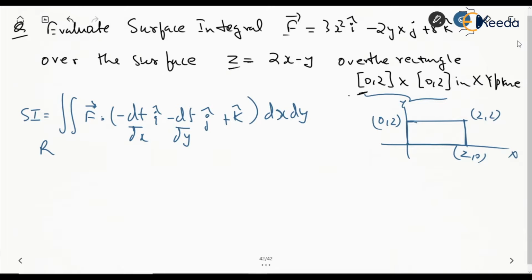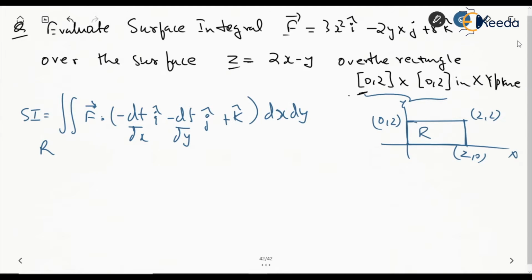So just imagine you are holding a paper at some height from the floor, or from your table, and if you are looking from the top side, you can see that it will have a projection on the plane or surface below. So that plane below the paper will have a region like this, a rectangle from 0 to 2 and 0 to 2. You getting this? So the surface z equal to 2x minus y is in the third plane.